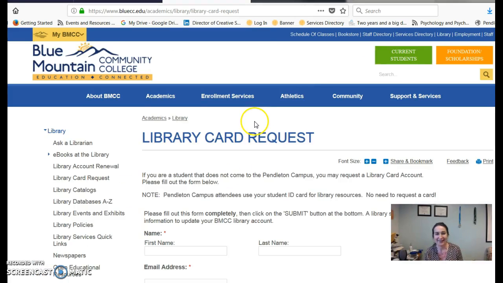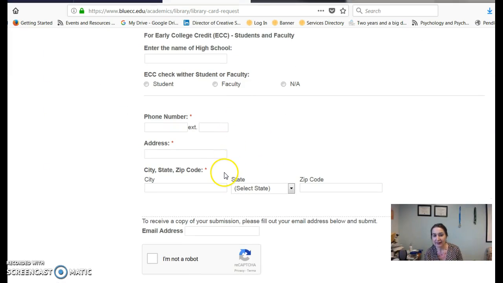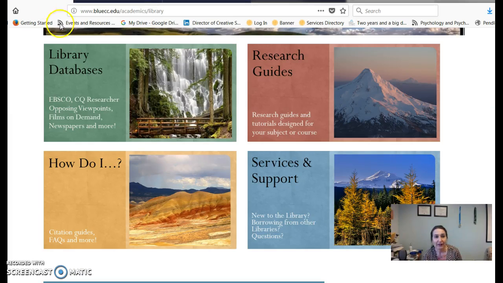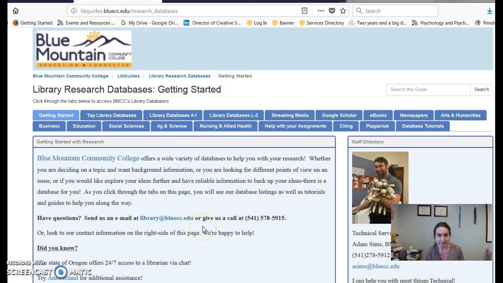It'll come up. There'll be a form to fill out, and you'll send it to us, and somebody here will review it and create a library account for you. So once you have that, you should be able to access all the resources I'm about ready to show you off campus. So back to our college homepage, we're going to go to our library databases,